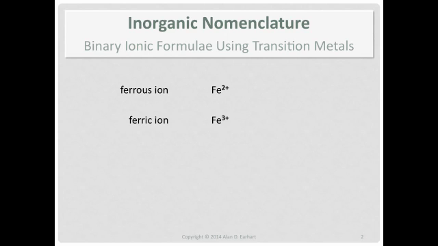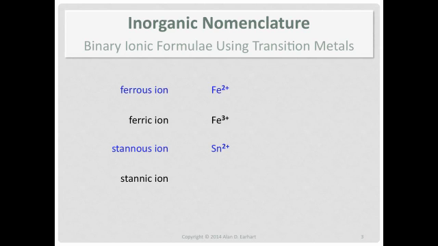Here's a transition metal, iron, and it will actually form two different ion charges. You have an Fe2 plus and Fe3 plus. Well, so you just can't call it iron because you don't know what the charge is anymore. It's ambiguous. Therefore, an old naming system was to go back to the Latin root of the element, and then you put an OUS or an IC ending on it, depending upon the charge.